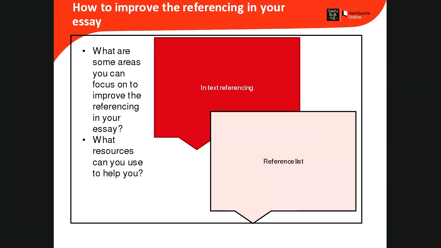Okay, so how to improve the referencing in your essay. This was something that I found people either had or they didn't really have. So I found there wasn't really a middle ground here. A lot of you really got referencing. You spent a lot of time considering where to put your references. You accessed a good range of sources, and you made sure each of your key ideas had referencing, and then others really needed to pick that up a little bit. So let's have a think about what are some things that you might be able to improve on or consider for the next essay in terms of in-text referencing and also our reference list.